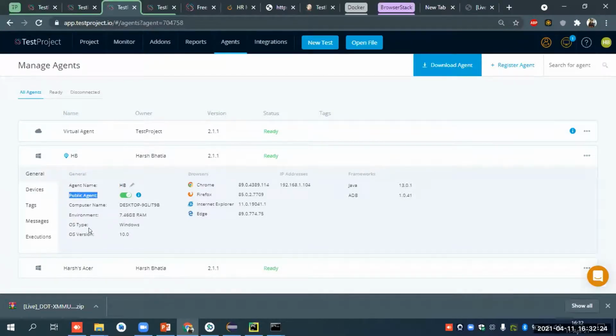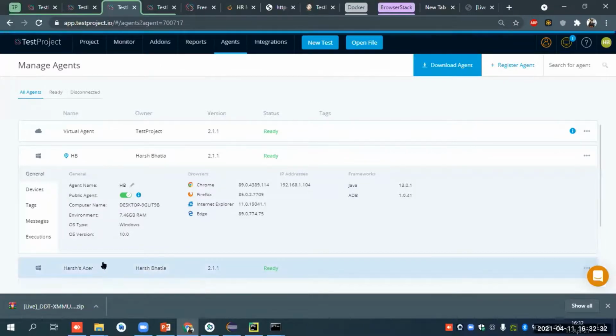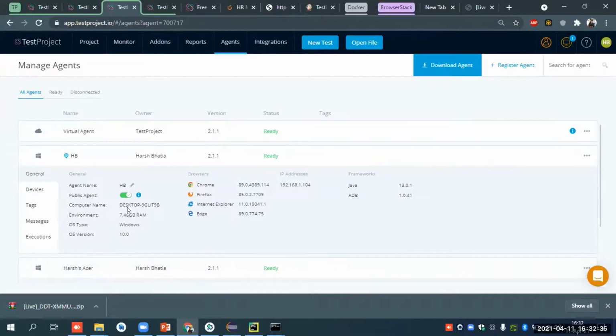So what public agents do is, if you want to execute a test case on another agent, if your agent is public, it can be accessed. If it is marked as false, it will not be accessible. Okay? So the agent will have the information like what Chrome version is there,